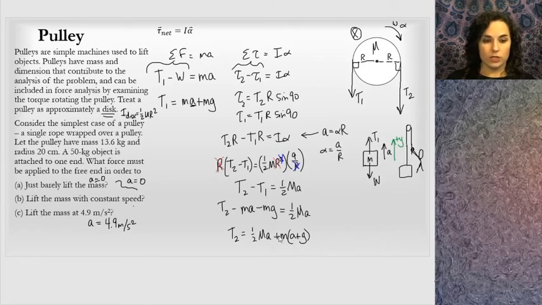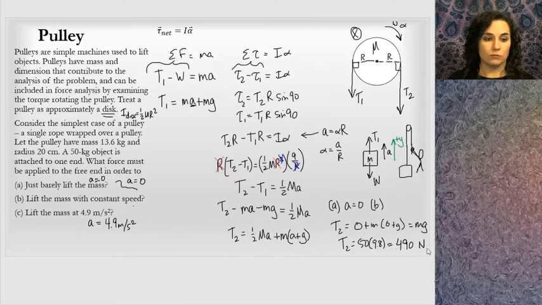If I have different accelerations, I just plug a different acceleration in. So if we do part A, we want the acceleration equal to 0, just barely equal to 0. And we're going to note that this solves part B as well. Okay, so we're doing double duty on this one. Acceleration equals 0, then I get T2 equals, well, this term is 0, this term is 0, so I get 0 plus m times 0 plus g, which is just mg, which is 50 times 9.8,